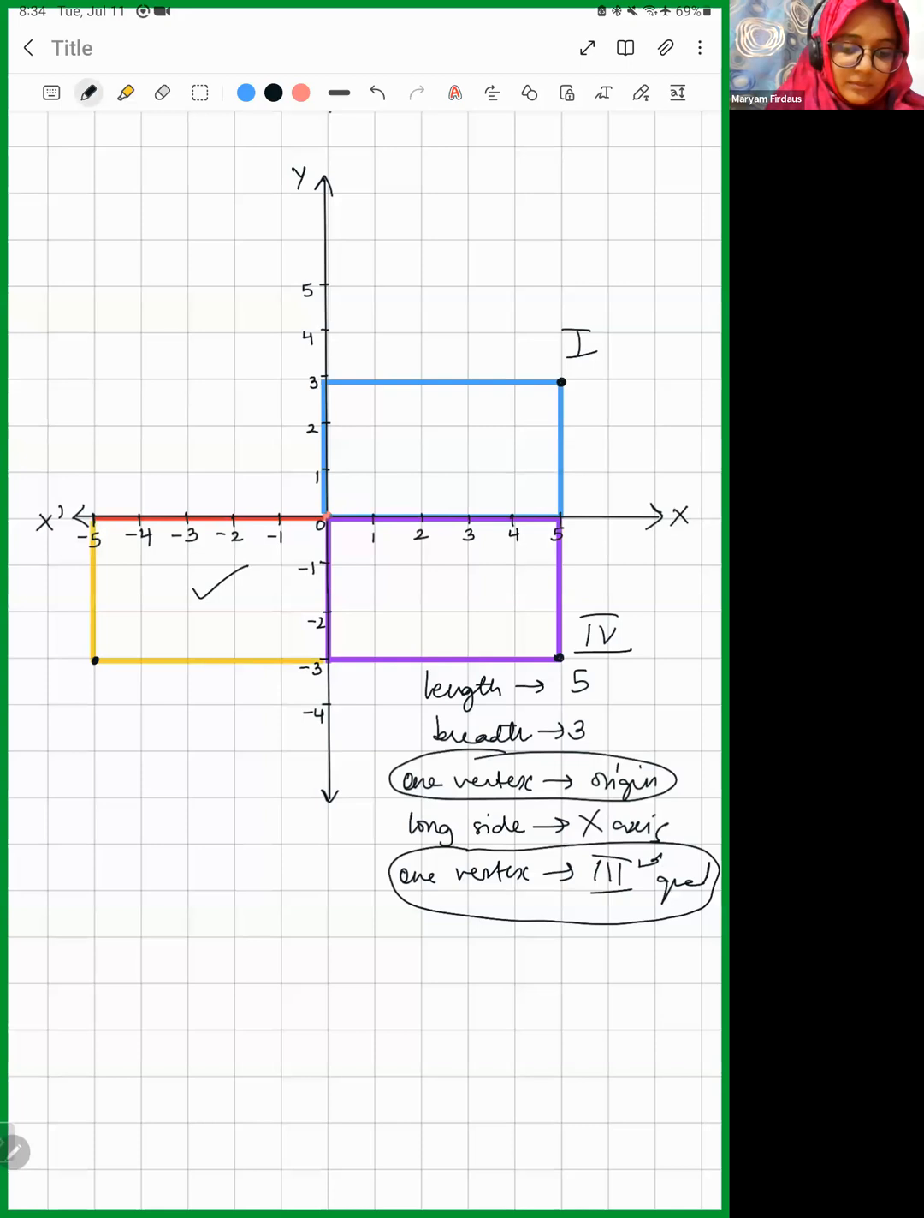Yes, ma'am. So does this fulfill all of our conditions? The length should be 5. Yes, the length is 5. You can see that it's 5 units. The breadth is 3. Yes, the breadth is 3 units. One vertex is at the origin. Yes, it is at the origin. The long side lies along the x-axis. Yes, it lies along the x-axis. One vertex is in the 3rd quadrant. Yes, it is in the 3rd quadrant. So this is the